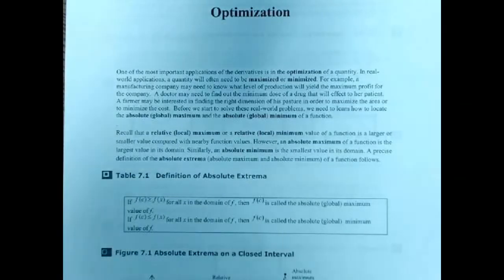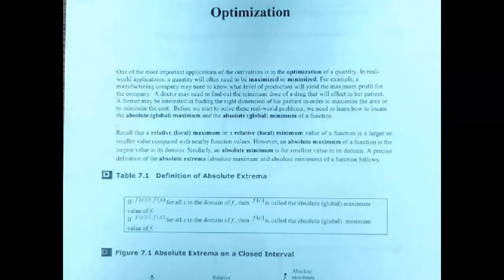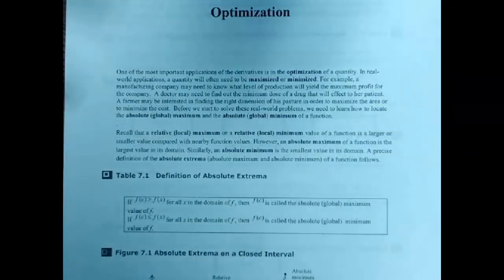In this video, we're going to tackle something called optimization, which is probably going to be the most difficult thing we do this semester. It has to deal with extrema, and specifically absolute extrema, whenever we're trying to find the absolute max. Another word for absolute is global, or potentially we're trying to find the absolute minimum. If we're trying to make something as big as possible or as small as possible, there's a process called